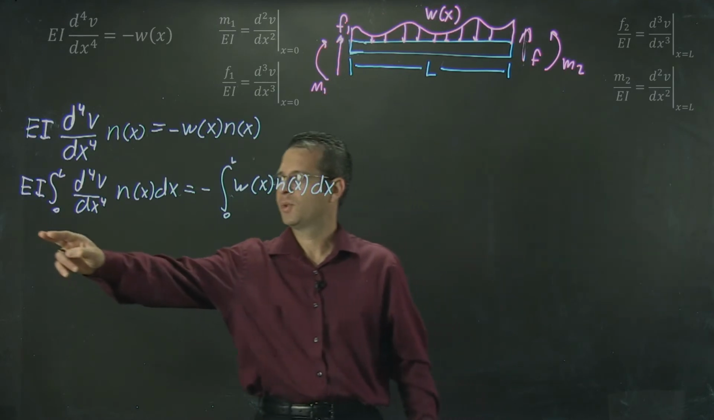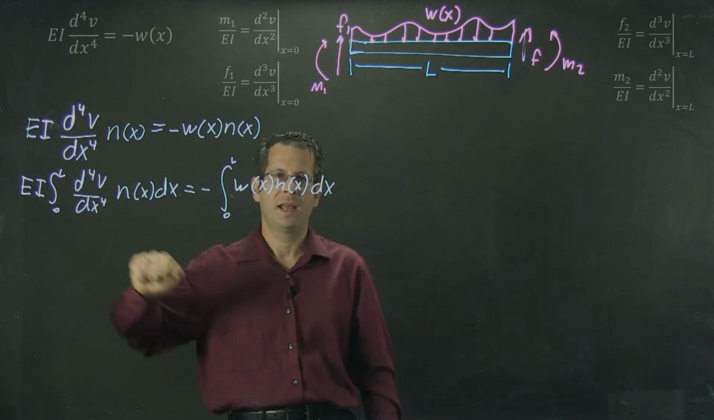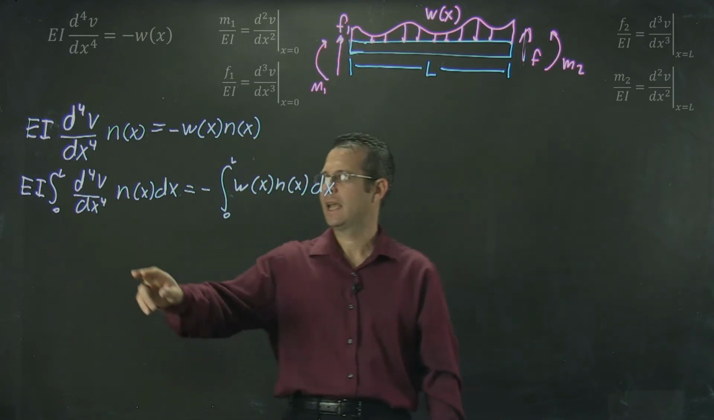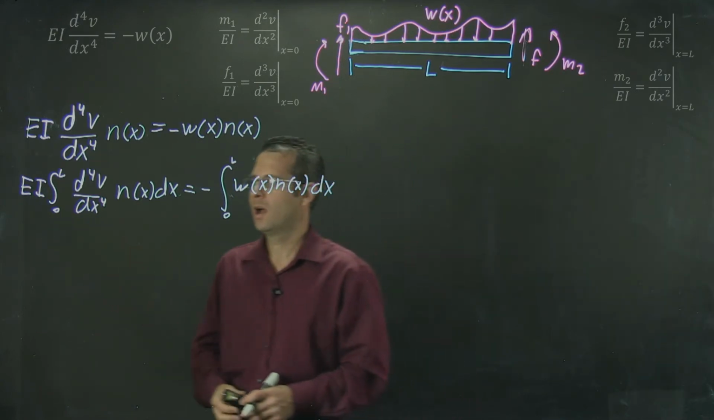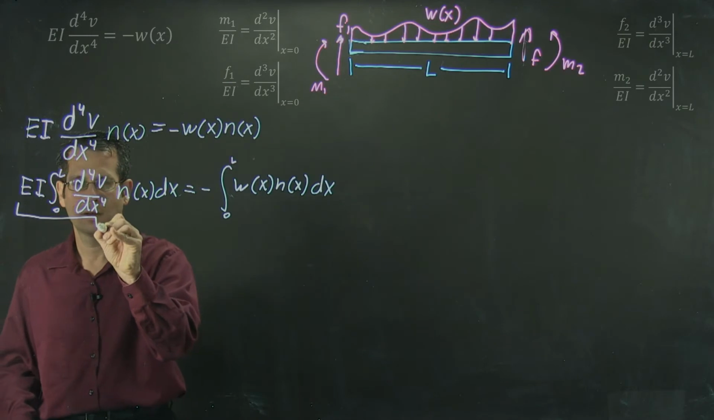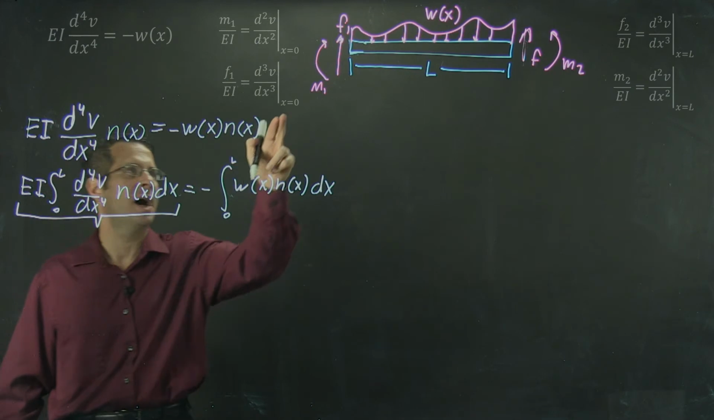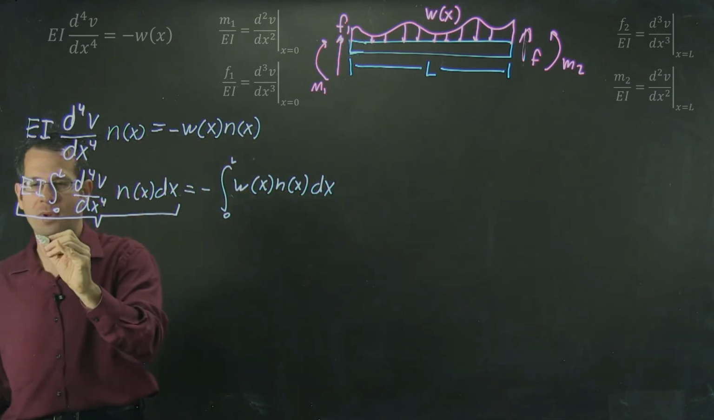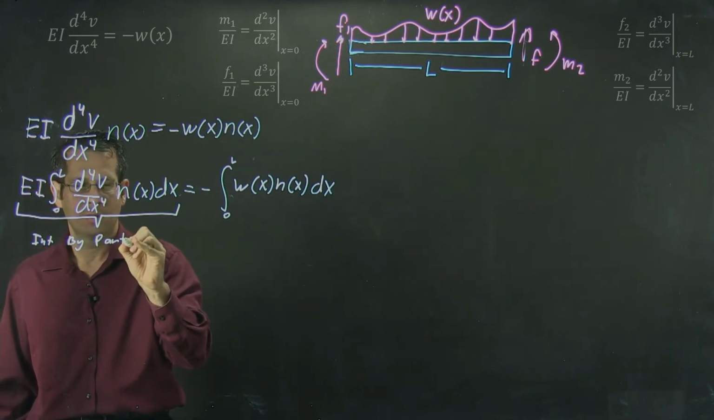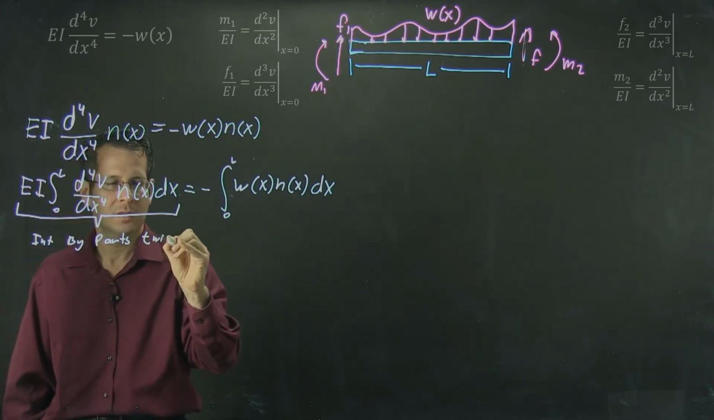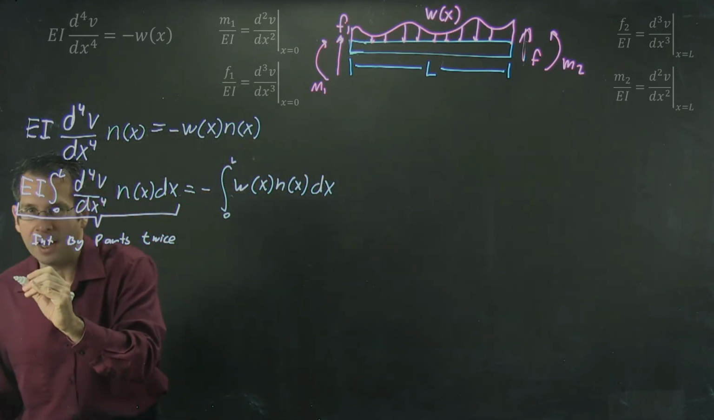The next step is to apply integration by parts to the integral on the left-hand side of this equation. In this case, I'm actually going to need to apply integration by parts twice, to get terms in the boundary conditions that I want. When I do that, what I'm going to arrive at is